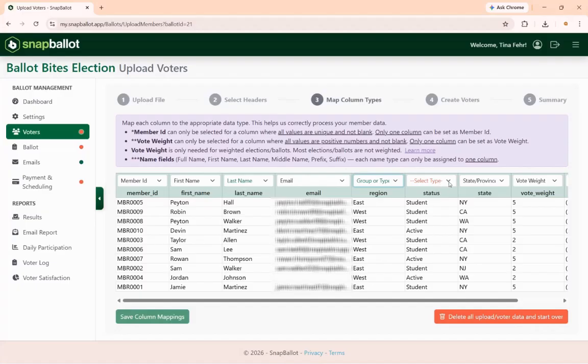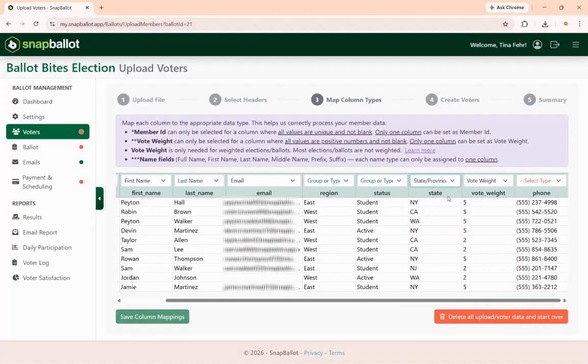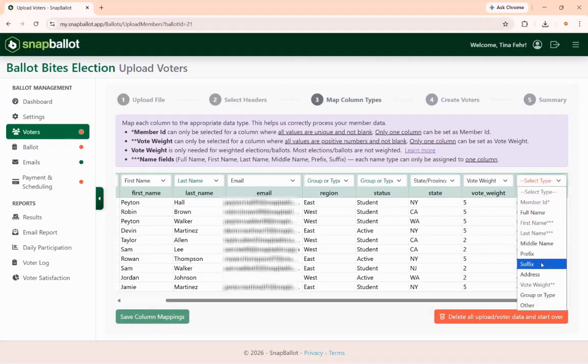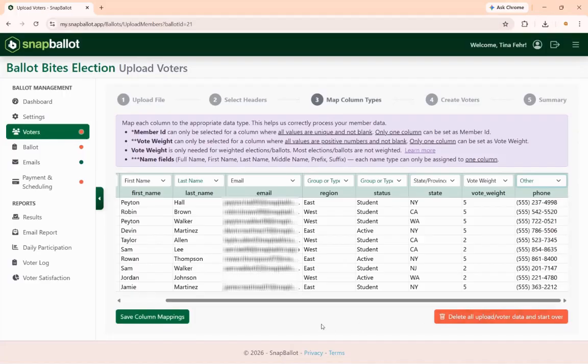So here in status, we're also going to map that one to group or type. State is mapped correctly. Vote weight is also mapped correctly. And for phone number, we're going to go ahead and select Other. If at any time you need to start over, you can click Delete and start over here. However, if everything looks good, click Save Column Mappings,